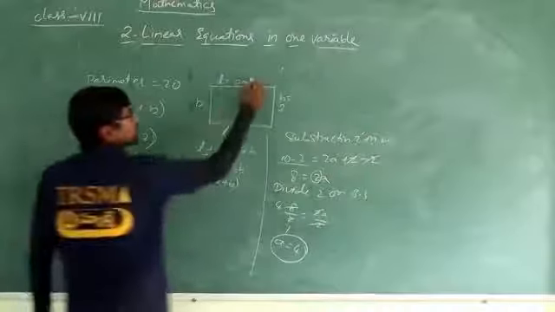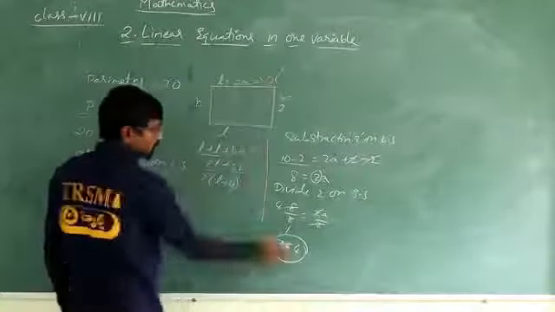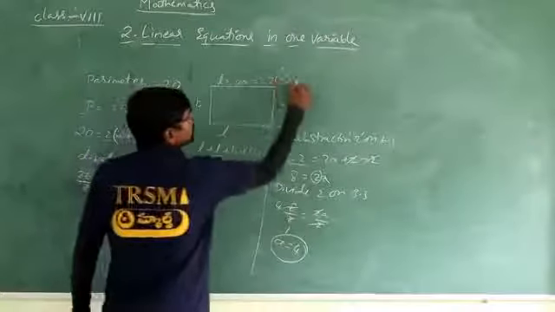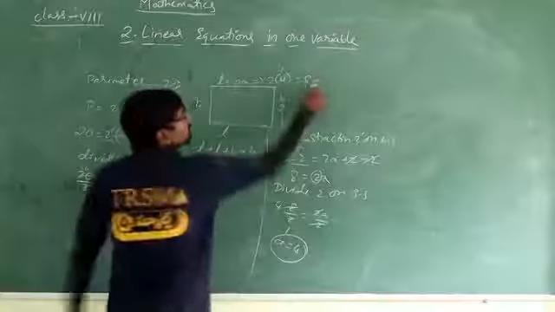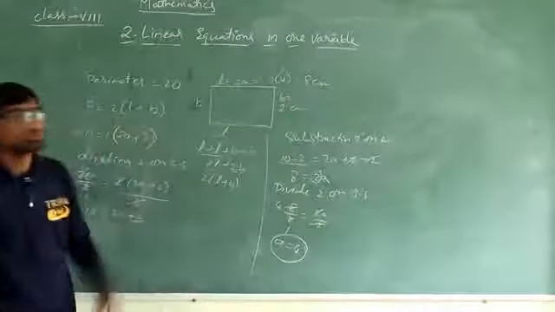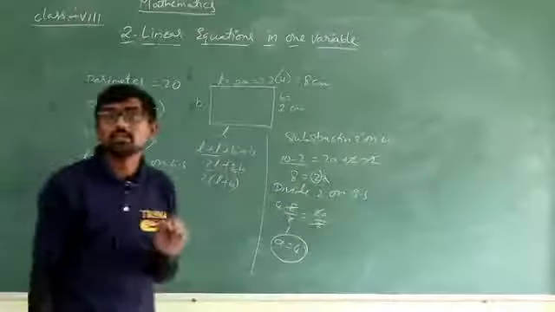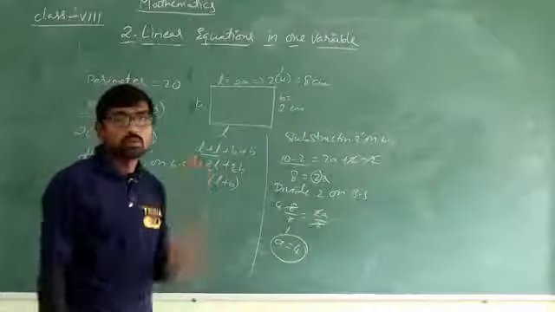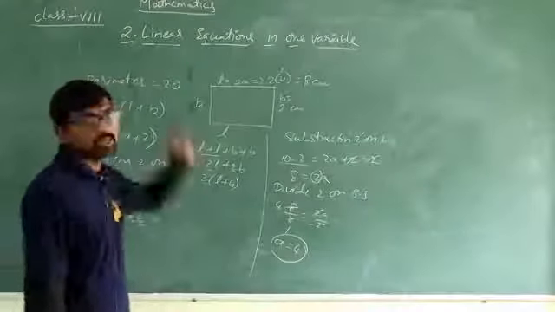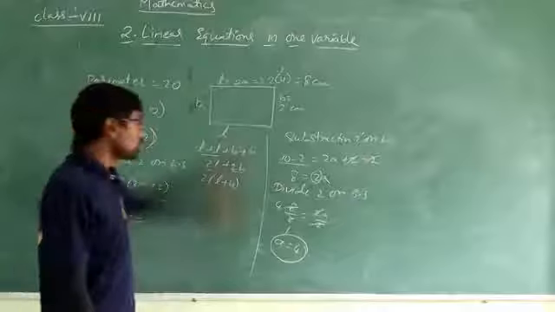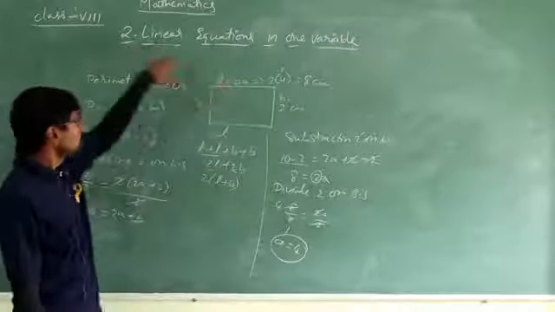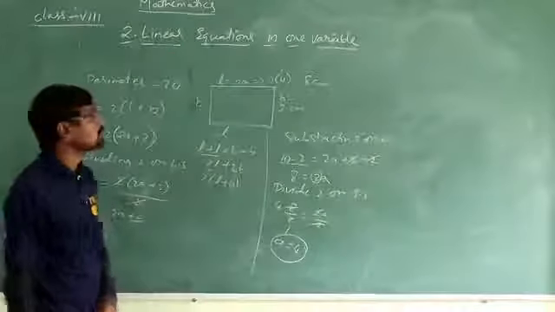If I want to find the length, I have to multiply 2 into a. So 2 into 4 is 8. If I take centimeters, I have to write centimeters. If I didn't take any units, then directly I have to write units. Compulsorily, if you are measuring length, width, height, or any quantity, you have to write the units. So this is the lesson name and some examples we have discussed today.